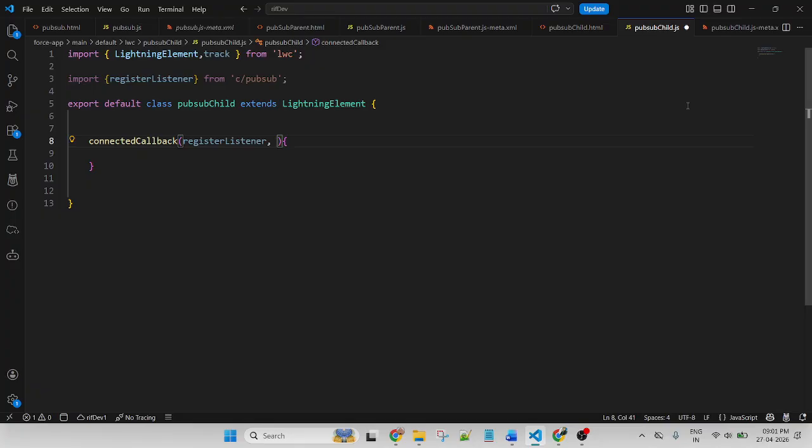Then here I will pass the method. First of all, we need to store the value inside a method.